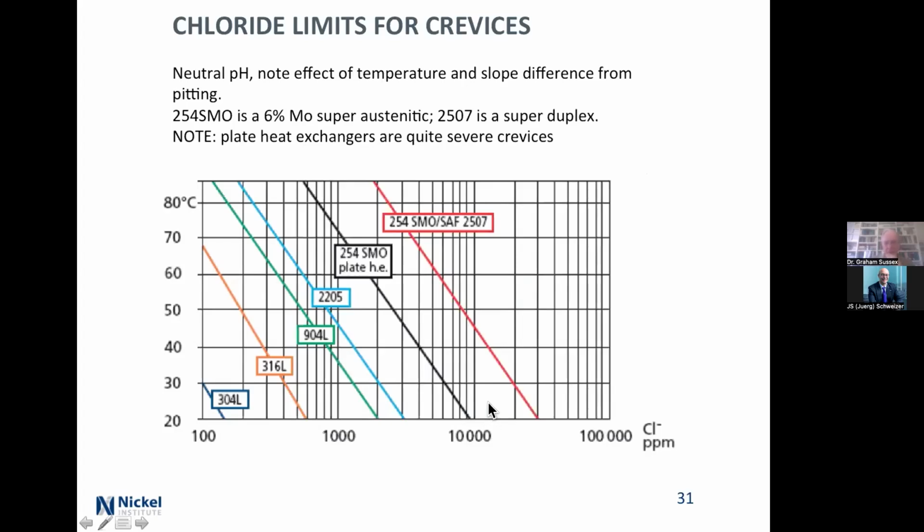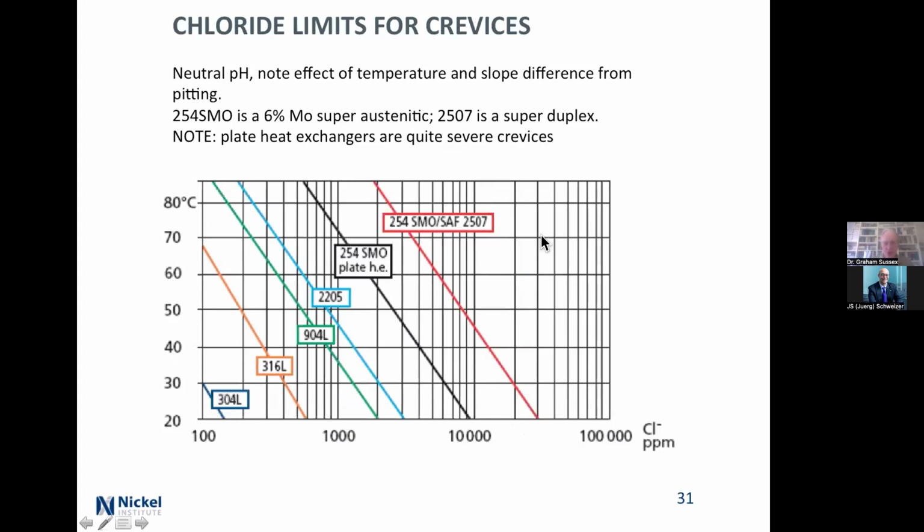And plate heat exchangers, which are quite commonly used, have very tight spacing. They're excellent in terms of heat transfer, but you need to have enough corrosion resistance because otherwise you won't be able to cope with high levels of chlorides. Remember, seawater is up at 20,000, and over here we've got the red sort of in the open, which is the 254, whereas in the tight, really tight crevice in a heat exchanger, you've got to knock back the corrosion resistance. So, as I say, plate heat exchangers have quite severe crevices.